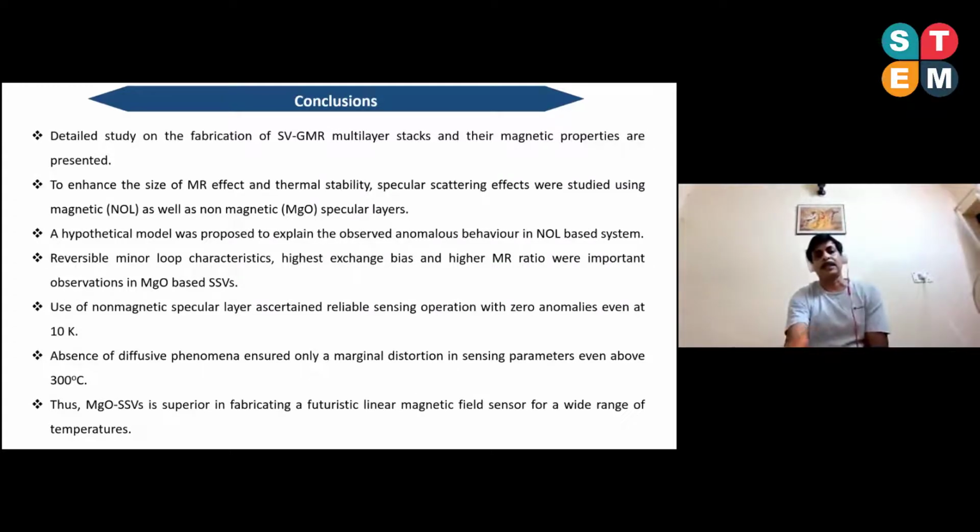So this MgO-based spin valve system might be used at low temperature for particular measurements. It also has reversible behavior, which can be used in a linear magnetic field sensor for applications like current sensors. In a hard disk it is always a square loop, but converting a square loop into a linear magnetic field sensor is the biggest challenge. So people are working on different mechanisms to change over from the square loop to a linear magnetic field sensor.